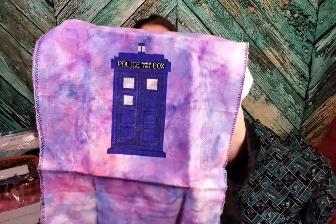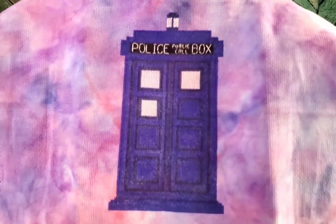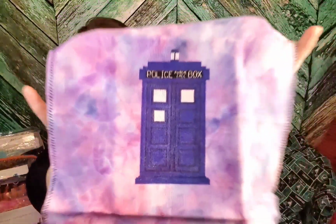March was the first release. So for the Hoovian SAL, I stitched 5,520 stitches just on the tortoise, and I go back and forth on whether or not I want to just leave it and just have the tortoise, or if I want to do all the rest of the